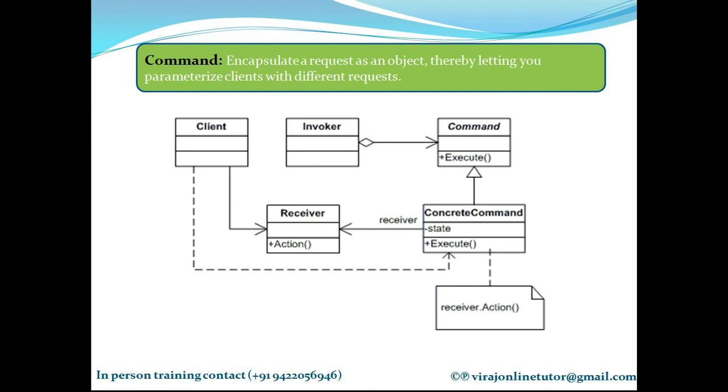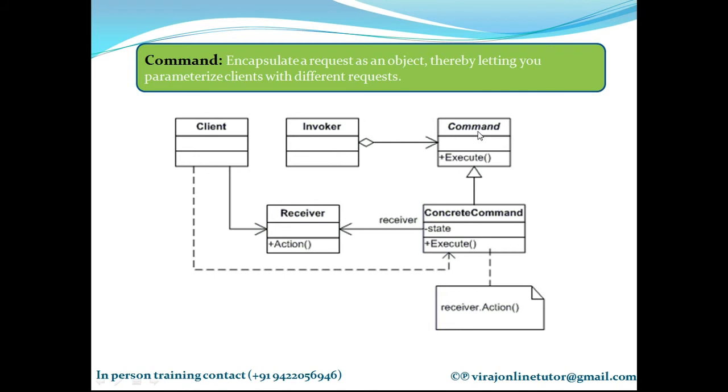So in this UML diagram that I have on my screen, this is a concrete command. Each request or each command is encapsulated into a class. So a request I convert it into an object. So this is a concrete command which is a class. So I have a command interface and the concrete command is inheriting from command. There is an execute function in the command and there is a state data member and execute function here in the concrete. There is one class called invoker which will contain a list of commands.